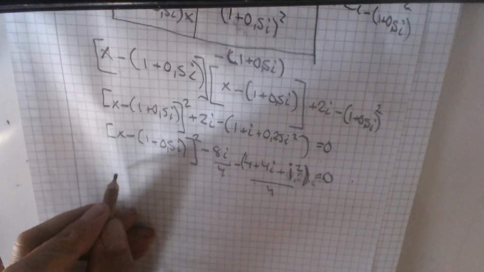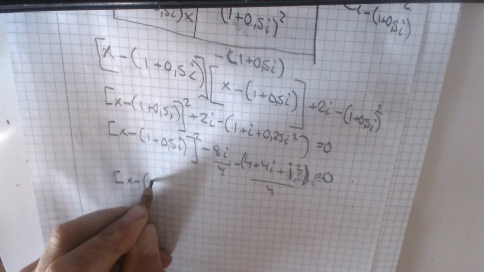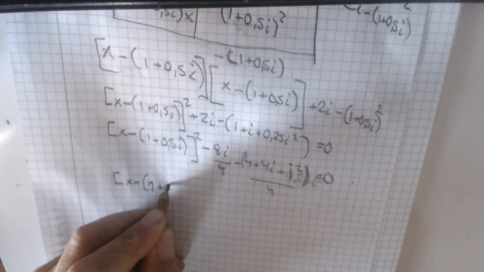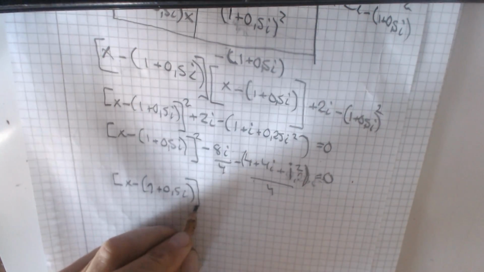And we rewrite it once again, x minus (1 plus 0.5i) squared